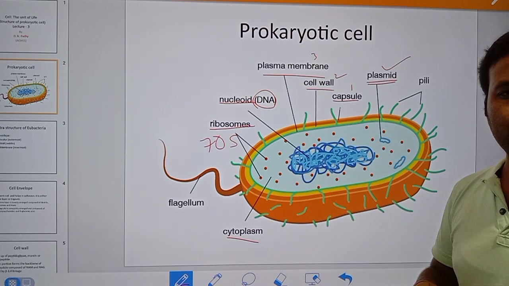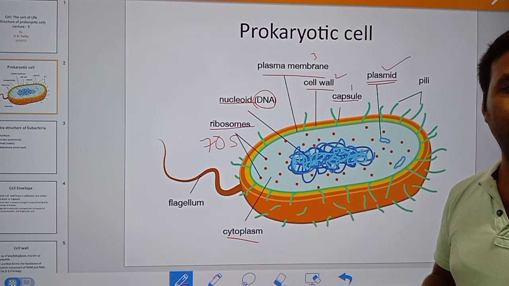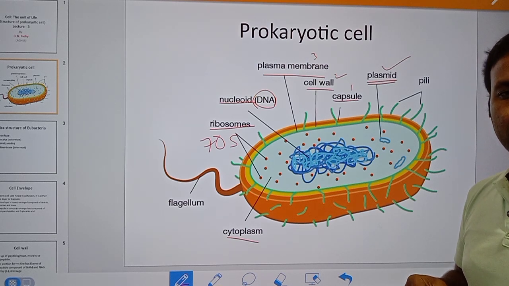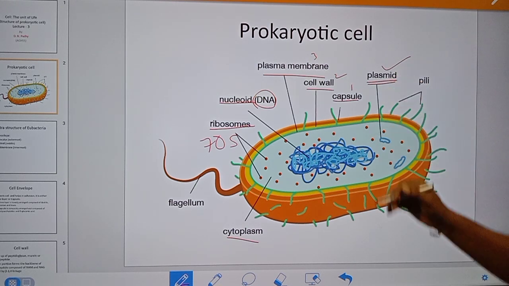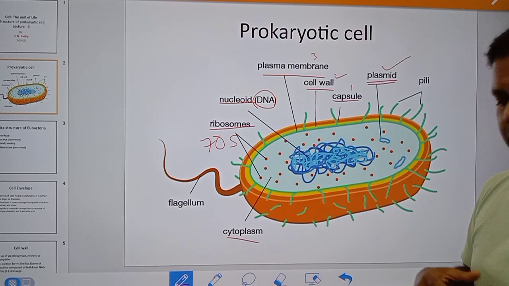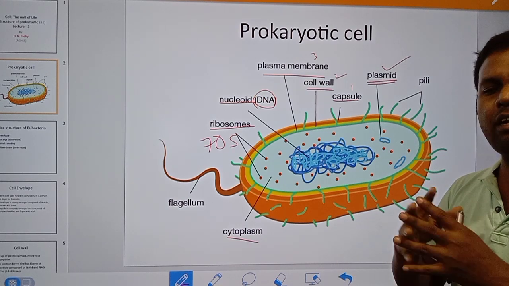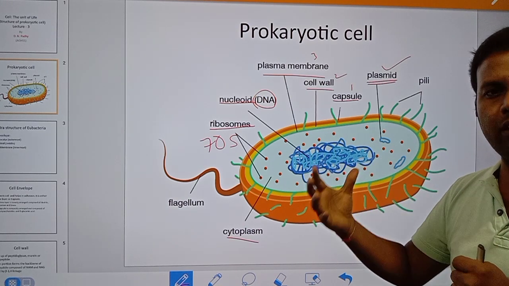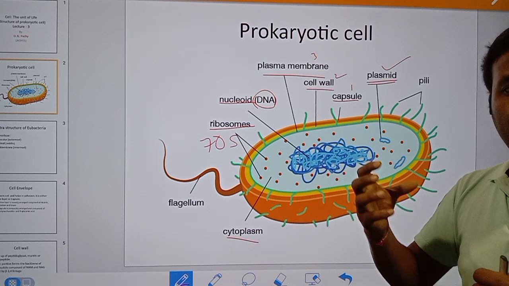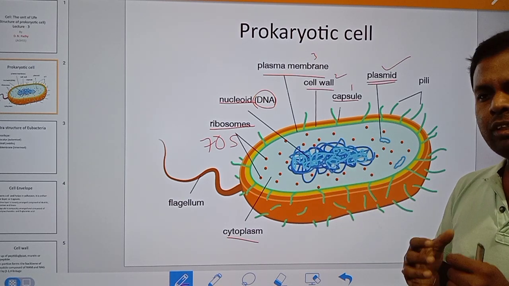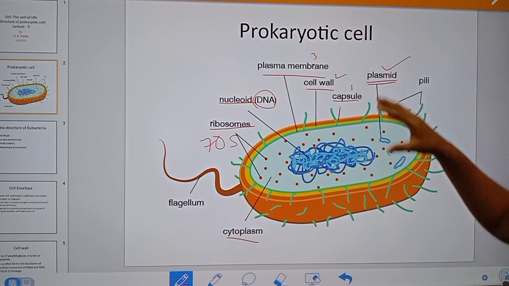So our biotechnology is a new branch of science, a new biological branch. This plasmid has abundant uses, meaning it can be used in a number of ways. It can be used as a vector, as an antibody scanner, as a molecular marker. So different types of functions are attributed to this plasmid.